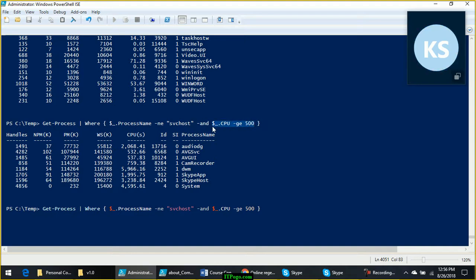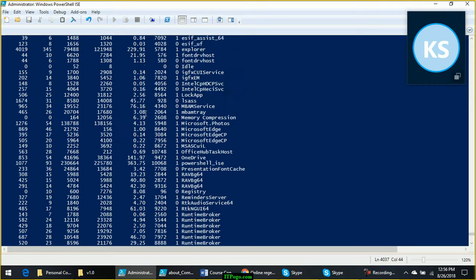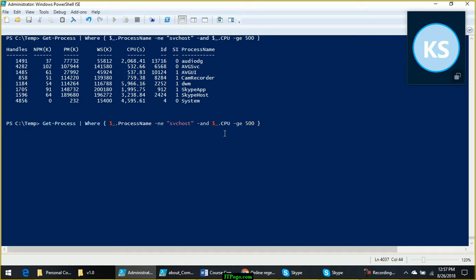Along with this, we also want to look at the CPU where the CPU is greater than 500. So in the results, you will look at the output. All the CPUs are greater than 500 only. But earlier, it was showing the CPUs which are less than 500 also. You mean to say that first it was filtered with SVC host and after that it was choosing the 500 in the SVC database, right? Yes, it is applying two filters here. First filter is process name should not be SVC host, and second filter is CPU should be greater than or equal to 500. Okay.